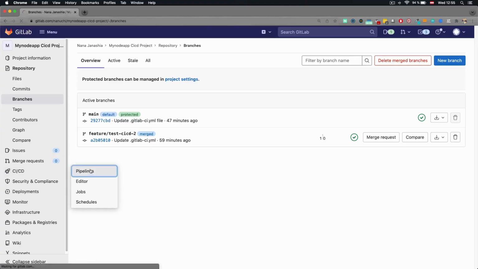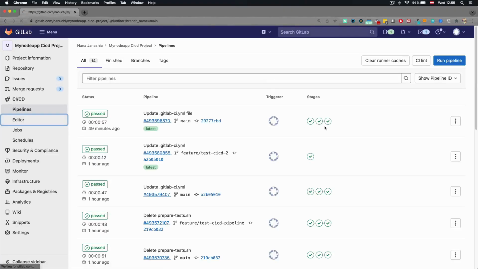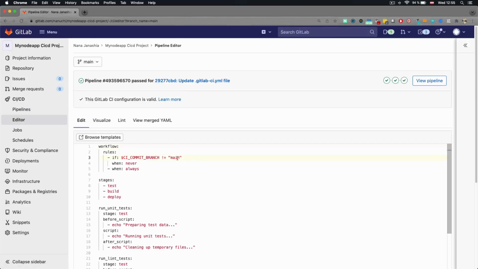First, let's go to our pipeline and add this logic where we say that not only for main branch we want to execute this pipeline, but also for merge request branch. So we can adjust or extend this condition to say if it's not the main branch and it's not the merge request branch, then do not execute the pipeline. Otherwise, execute it. And we have another environment variable that contains the information whether this is executing for a merge request or not. And that environment variable is called CI